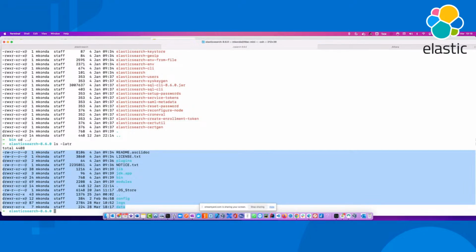Obviously, if you are running Docker, you should be able to log into the Docker and find a similar kind of setup. Or if you're running in a cloud, you will have a similar setup, but in different nodes. But at this point, I'm only running a local single node cluster, so you don't need to worry that much, because development and testing can certainly be done on a single node anyway.